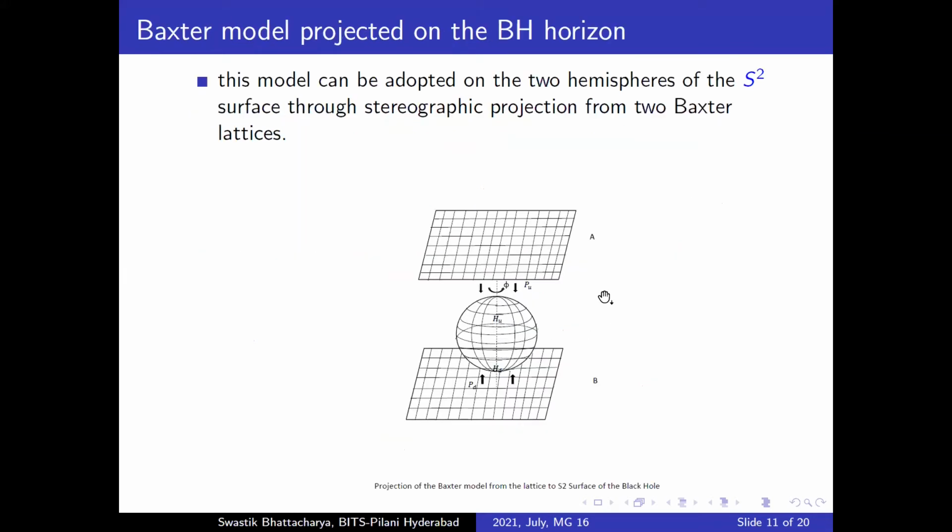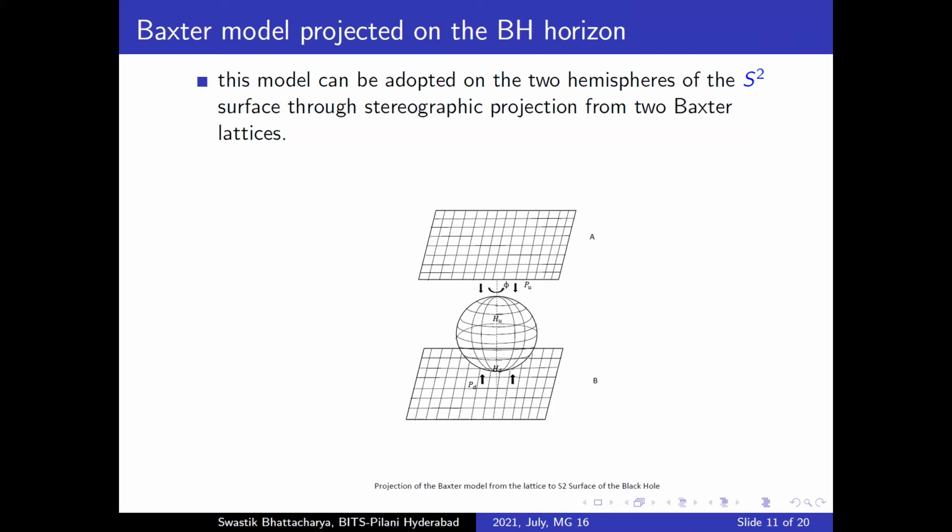So what we do then is we have to fit this to construct the model. One can just project the two lattices. We can have these two lattices on the black hole horizon like this as shown. You have to, of course, take care of the fact that at the equatorial boundary, the conditions are such that the spins match from both sides. Note here the azimuthal angle phi. The crucial point is that the diffeosymmetry of the Baxter model, which I have used here,